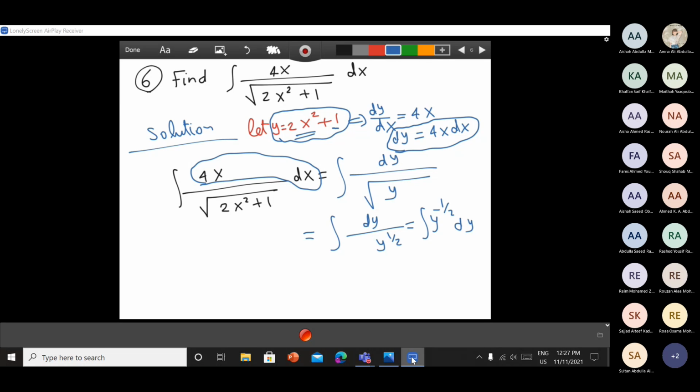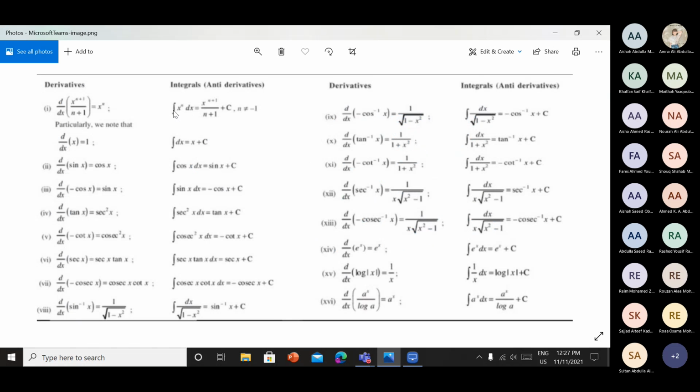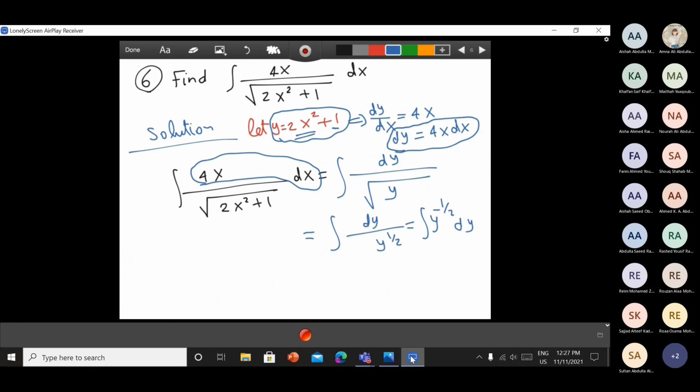Now I can use this formula, but for y, not for x. So I will add 1 to the minus half, so it will be half over the new power